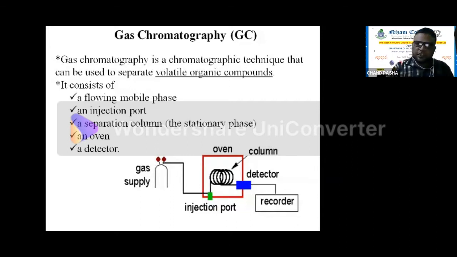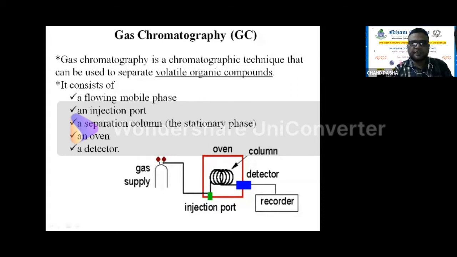In the oven you have to maintain a higher temperature. Even in the case of HPLC, we maintain the column in an oven because the elutions take place at different temperatures. Whatever column is there, as you have seen in the animation, you will keep that column in an oven, and by heating the oven we can maintain the temperature of the column. Here also it is the same. It is a must, because you have to operate a GC at very high temperatures, so this oven should be maintained at very high temperatures.